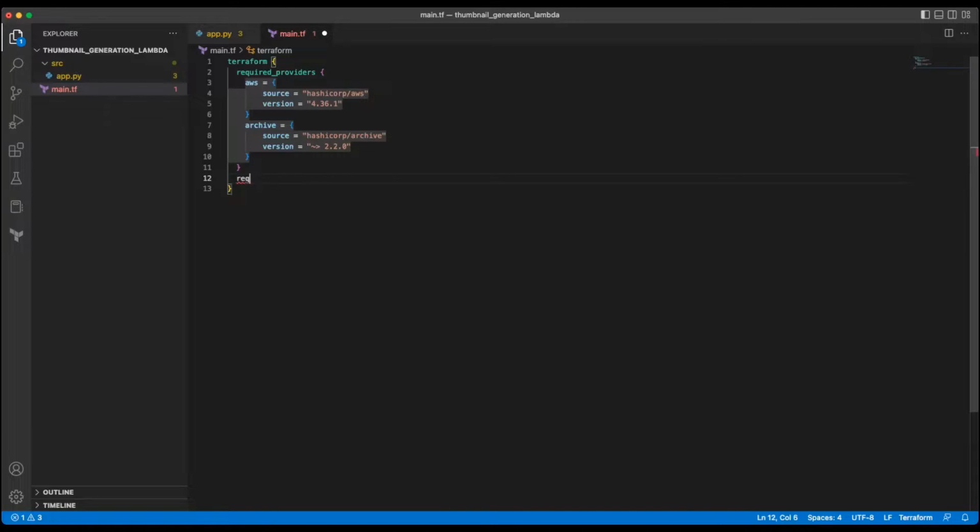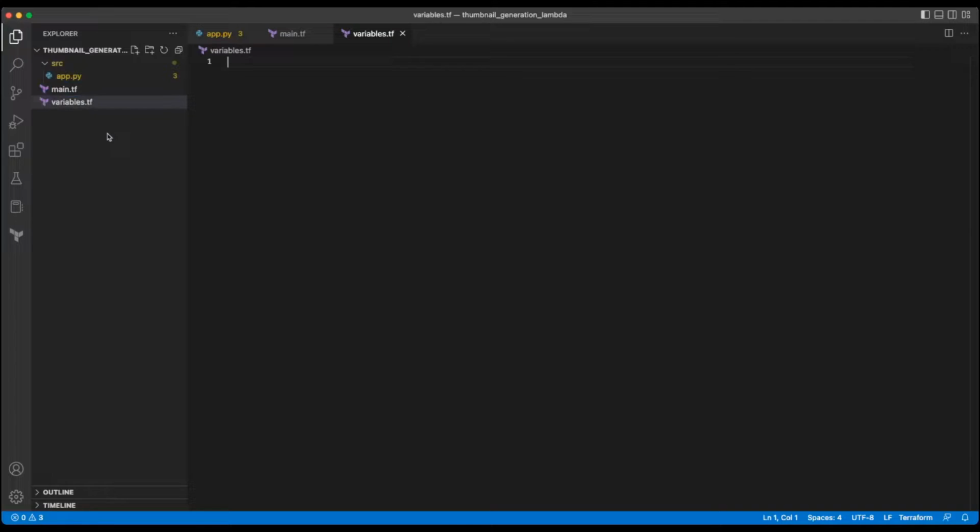And the required Terraform version. With this, we have initialized the Terraform. We will create another file called variables where we put all the variables if required. And then another file, output.tf. In this file, we will configure what are all the variables which we need to print out from the